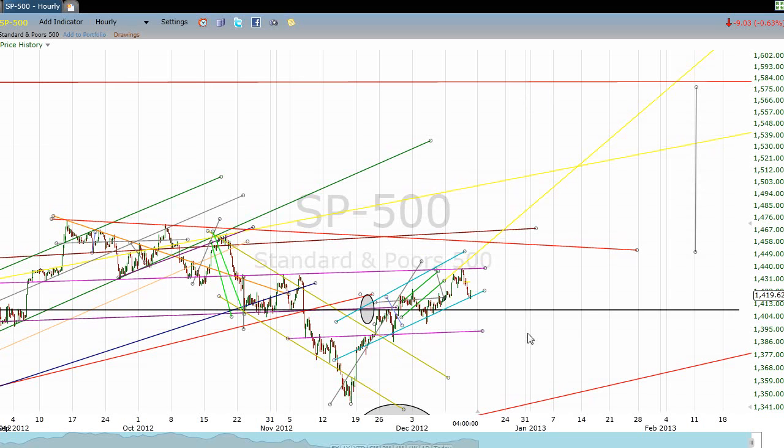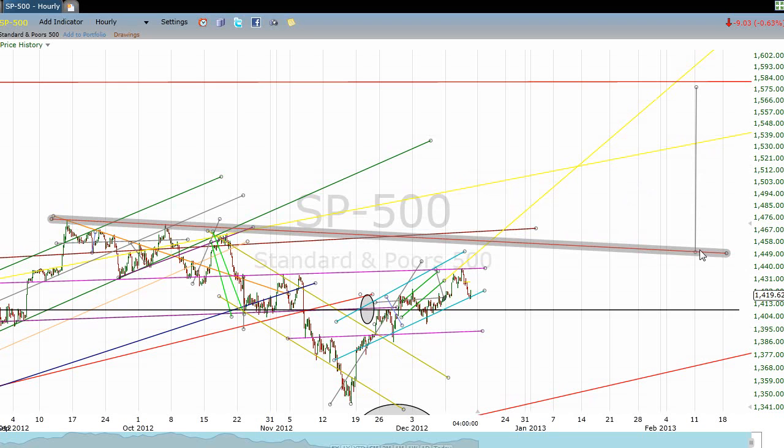And if this is an inverted head and shoulders pattern, and again, if it is, we're only about maybe two-thirds of the way there at this point in time. So I'm not going to call it that yet, because it could be a number of other things other than an inverted head and shoulders pattern. But I'm looking at this little inverted head and shoulders, this potential medium-sized inverted head and shoulders, and then what could be an even larger pattern. And if this larger pattern does pan out, it likely would not do so until the end of January 2013 or even early February